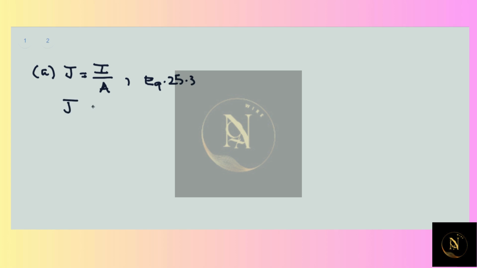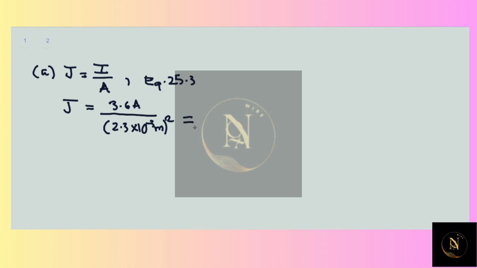We already know the current, which is 3.6 amperes. And we can easily find the area of a square because we have a square cross-sectional area. It's just the length of the side squared, which is 2.3 times 10 to the minus 3 meters squared,